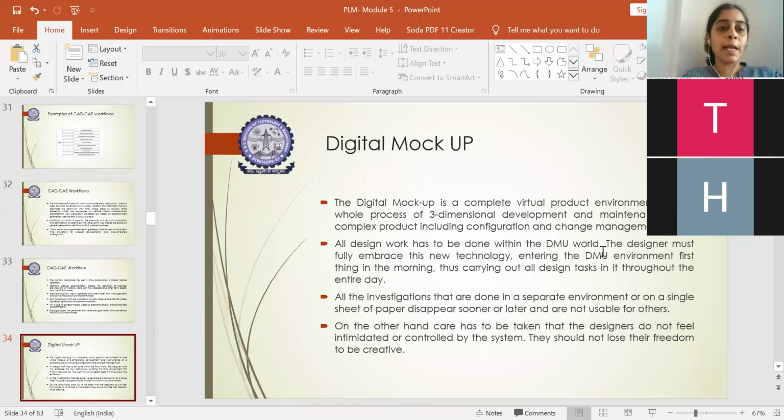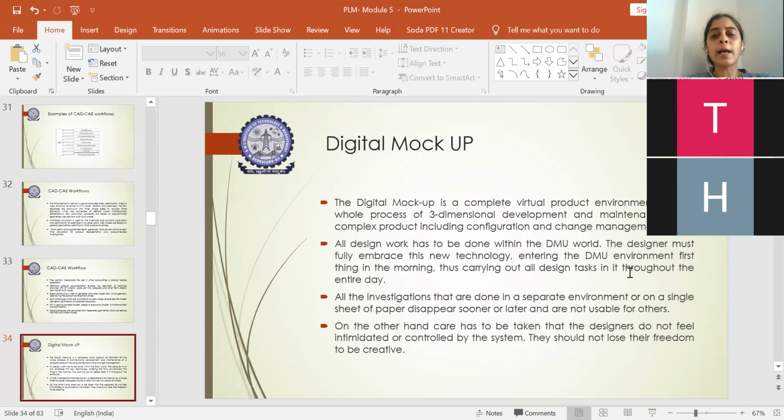You won't be using any other workbench or environment to create your design, or drawing using a drafter and a sheet of paper. Nothing. You have to draw the design directly in the digital mockup world only. This is a new technology which the designer has to embed with himself. When he starts work, he has to enter the DMU environment in the beginning